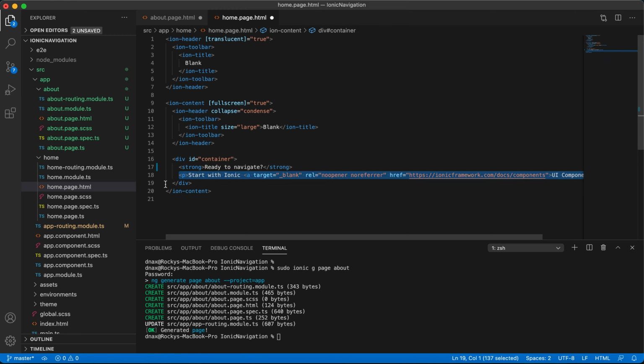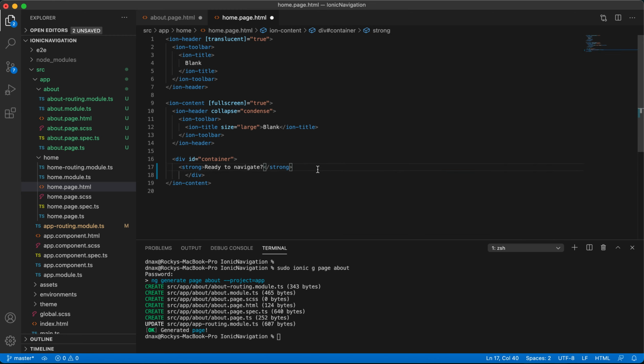Just delete this and create a button here: ion-button, and inside that we need to mention routerLink equal to quotations slash, and which link we are going to do.